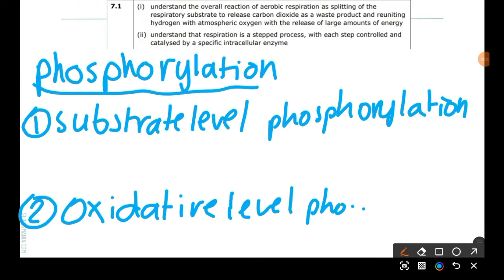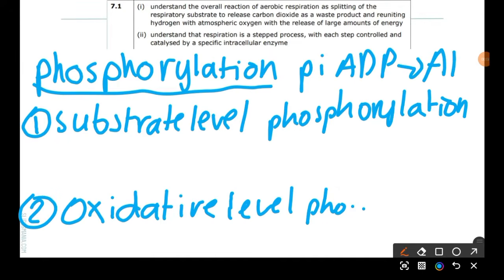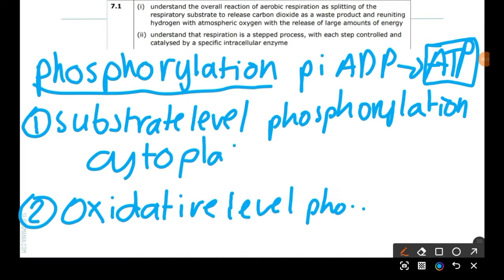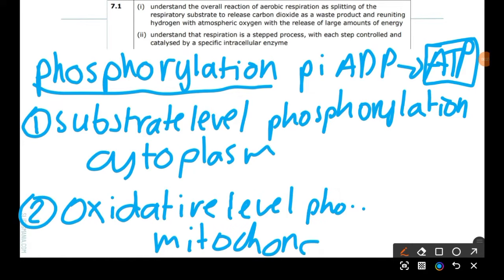This phosphorylation, where we add a Pi to the ADP to make ATP, once again, the main point of respiration is to make ATP. It's either substrate level in the cytoplasm, or it's oxidative in a mitochondria. In aerobic respiration, both of these happen. But in anaerobic respiration,